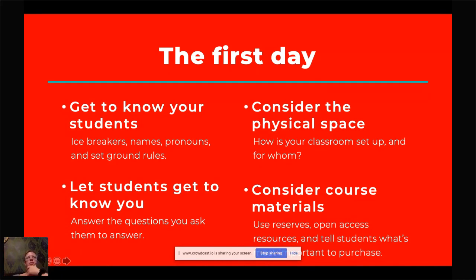Finally, consider the course materials you choose. Now, I don't think that book prices are the reason students are in massive debt. I think that's one cost, but the bigger cost is tuition and fees. But book prices really do matter, often because financial aid doesn't cover that. Financial aid and loans might cover all of their tuition, but they're on their own for books.